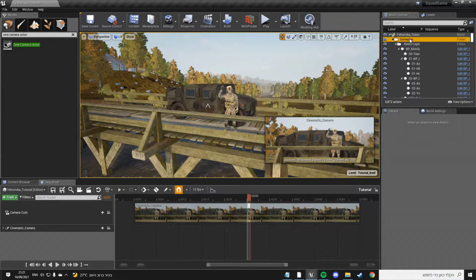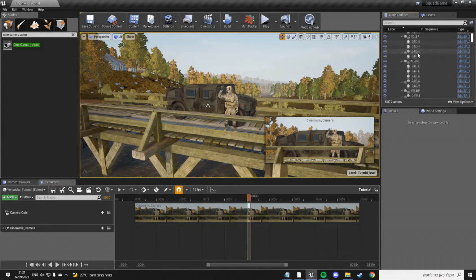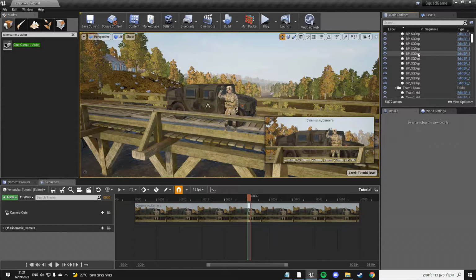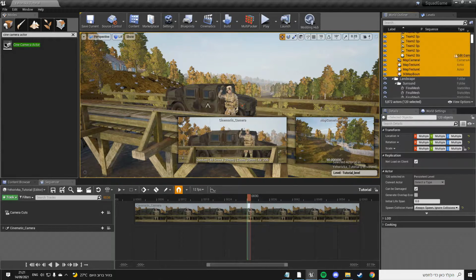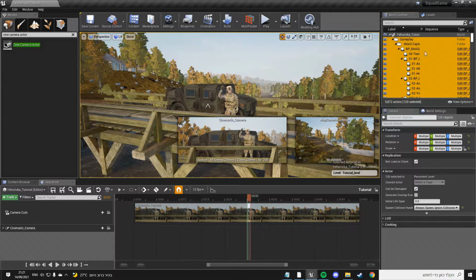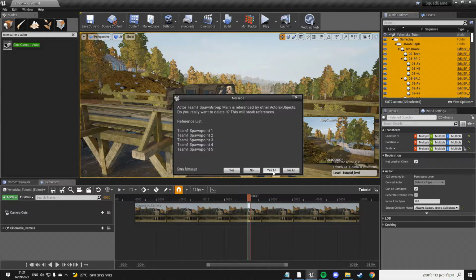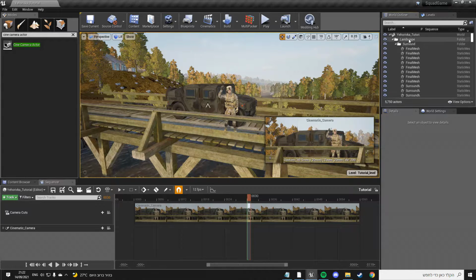What I need to do is press on gameplay, go all the way down, keep going down until I reach landscape. Shift, press the one above landscape. So pretty much I'm deleting the entirety of the gameplay folder so it wouldn't crash my program when I render. So press delete, yes to all. I know it's game breaking, and I've just deleted that and it's not going to crash my program, but we're